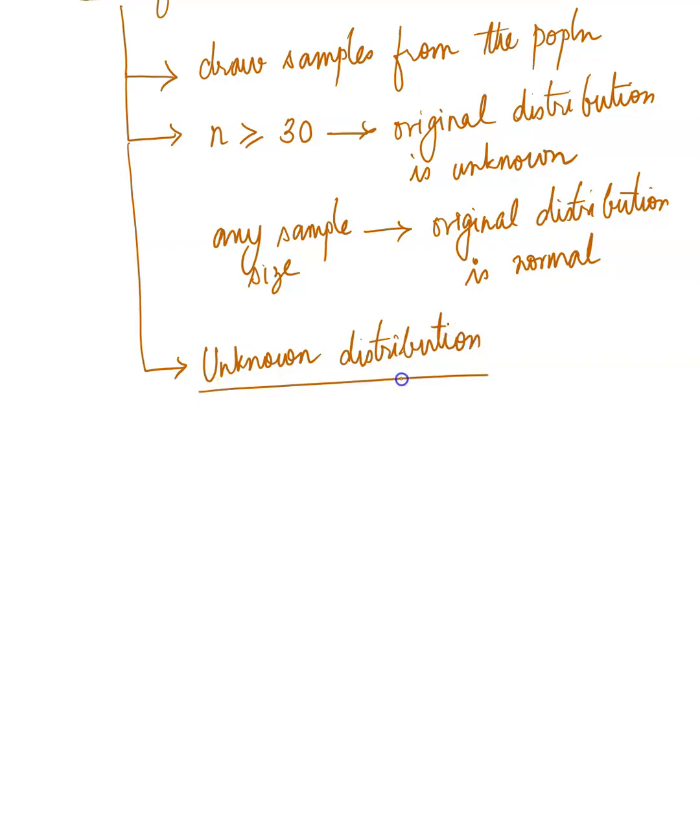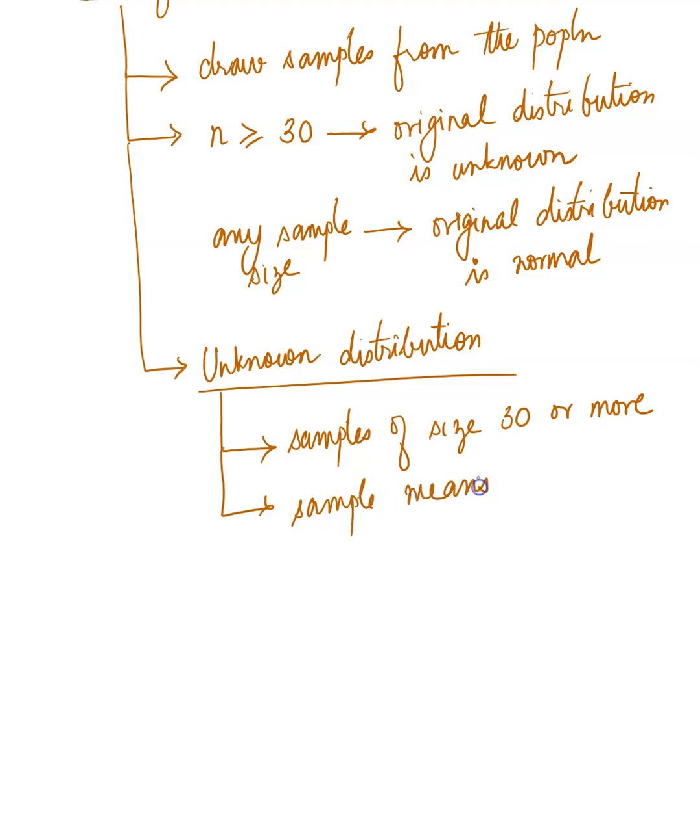From this unknown distribution, if you draw samples of size 30 or more, and if you took their means, so I call them sample means, you collect all their sample means, then we're saying the distribution, so I'll just say sample means x1 bar, x2 bar, etc., xn bar, right? So the distribution of these x bars will be normal